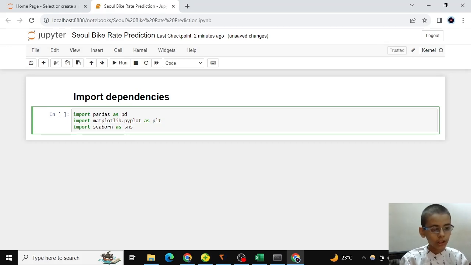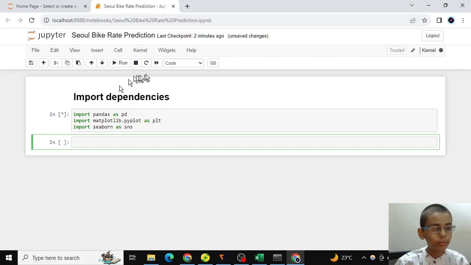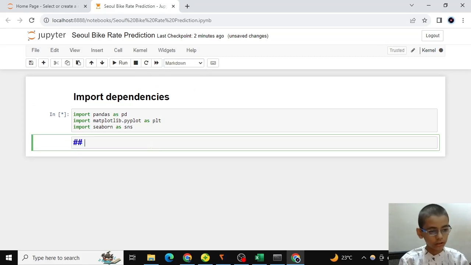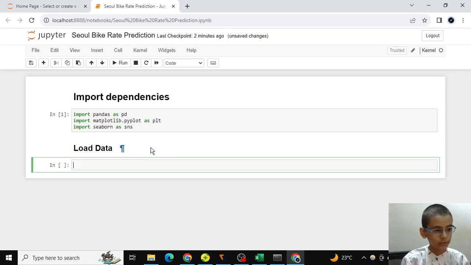And we import seaborn. Let's load data. For loading data, we name a variable.